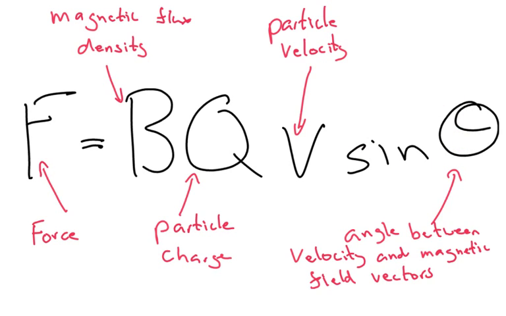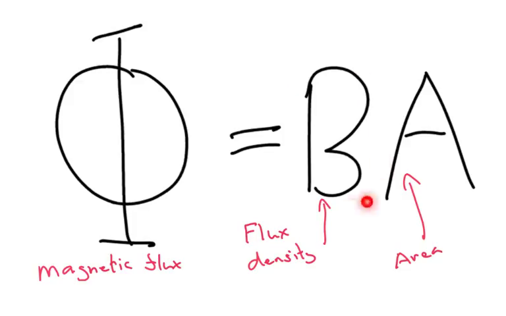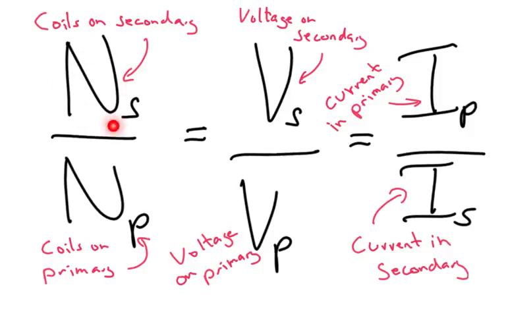The Hall voltage is equal to magnetic flux density times current divided by n, the number of charge carriers per meter cubed, times t, times the electron charge. Magnetic flux is equal to the flux density multiplied by area. RMS current is equal to the peak current divided by the root of 2. Number of turns on the secondary coil over number of turns on the primary coil is equal to the voltage on the secondary divided by the voltage on the primary, which is equal to the primary current divided by the secondary